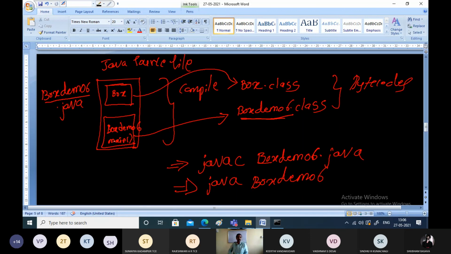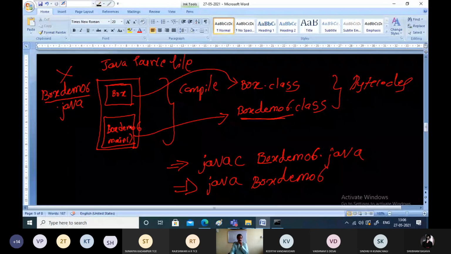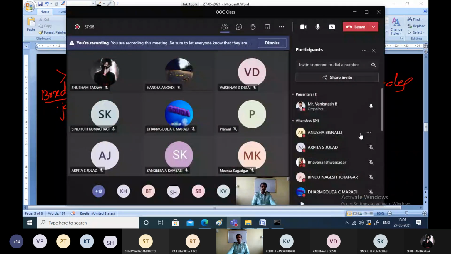That's why we give the same name. Preferably, but it is not mandatory. In this case it is not mandatory. You can give any name for the source file. But while executing, you have to give the name of the bytecode which is containing the main function. That's it. That is a key logic we should always remember while executing Java programs. Any questions from your side?